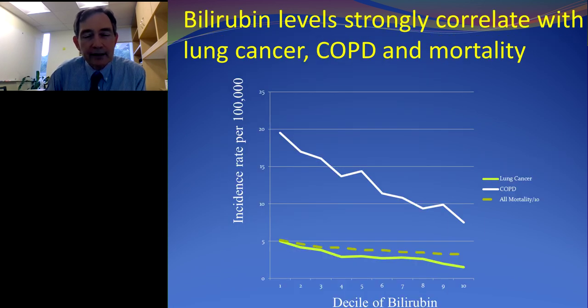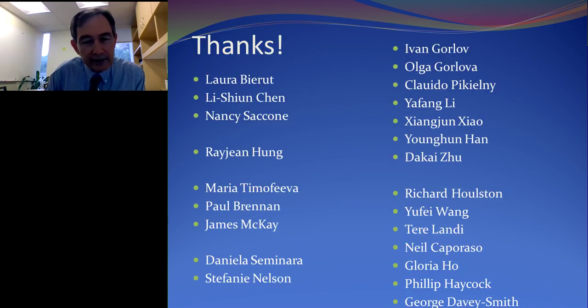There is Gilbert syndrome, as an example, where people are born with a mutation in UGT1A1 that influences their ability to metabolize bilirubin, and when they're very young, they have to be treated for that. But anyway, there's lots of variability in the population. It turns out that higher bilirubin is protective from lung cancer and COPD, and also people with Gilbert syndrome are actually protected from pulmonary diseases. So those things go together.